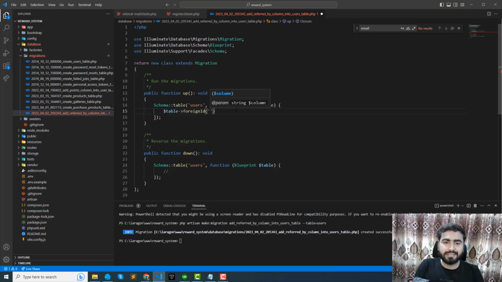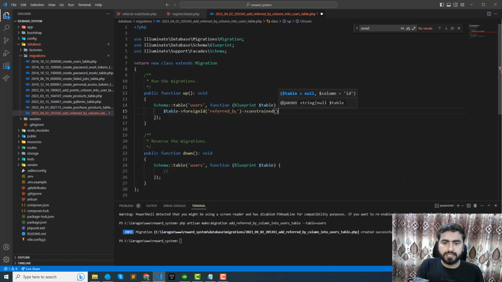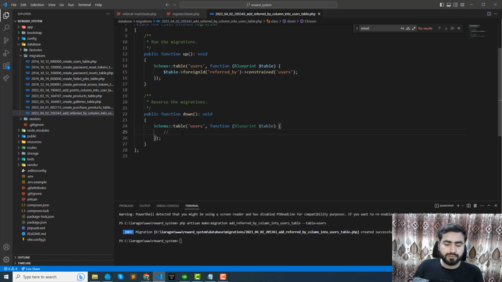It's pretty identical. Okay, so here I want to make this referred by, and then simply add the constraint, right? So it will be applied on the user. Let me assign this users, otherwise it will find the refers table, right? Okay, and then here I want to